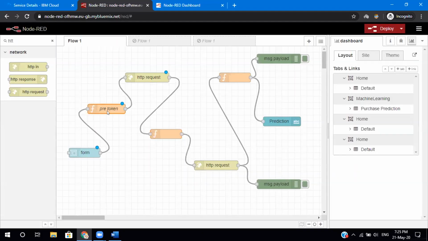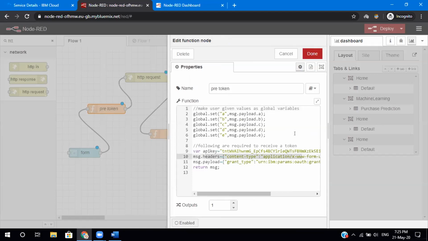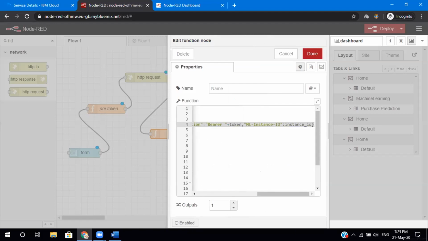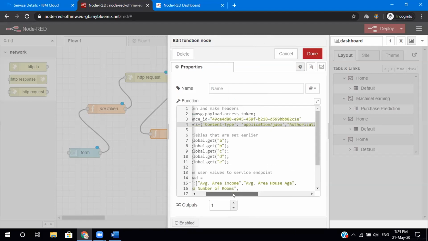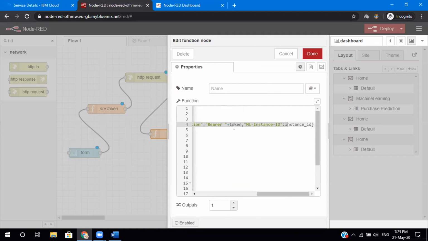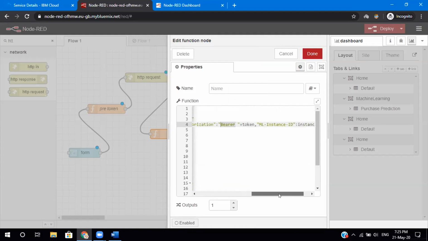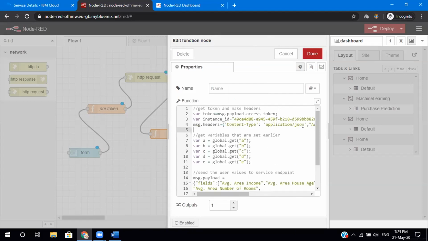To access the token, we needed some kind of headers. And to access your machine learning model, we need some other kind of headers. We will also need to convert the token into a bearer authentication. Whenever you gain access from a token, it's called bearer authentication. If you use username and password, it's called basic authentication. If it is not making sense to you, it's fine. We will also be giving the machine learning instance ID. So these are your headers.